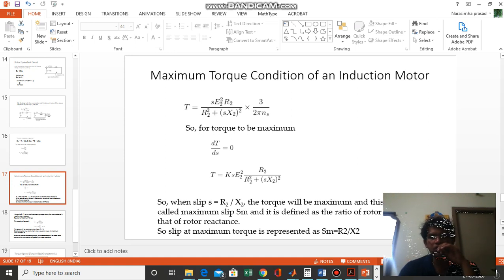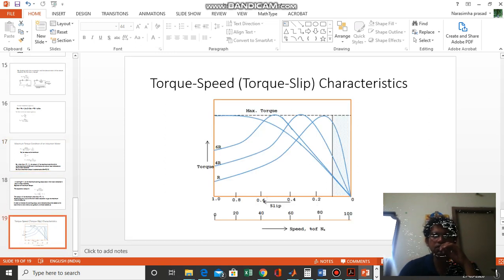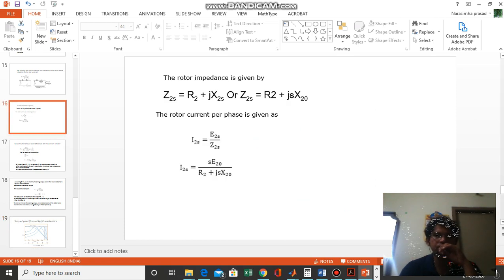But when the load is increased beyond a certain limit, what happens? For a further increase in load, there is no further improvement in torque, so torque reduces. In this region, the torque is inversely proportional to speed. Observe these characteristics. From 0 to 0.1 slip value, the torque is directly proportional to slip, and from 0.1 to 1 slip value, the torque is inversely proportional to slip.